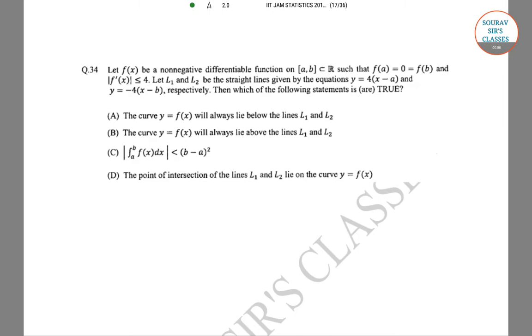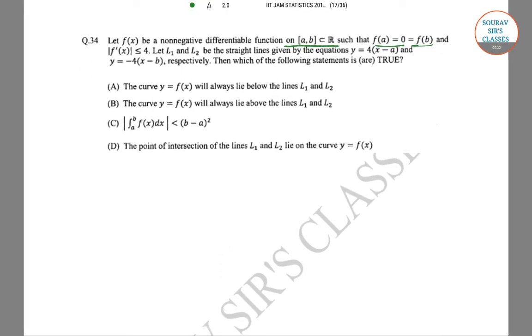Today the problem that we want to solve is: let f(x) be a non-negative differentiable function on [a, b], closed in R, such that f(a) = 0 and f(b) = 0 and |f'(x)| is less than or equal to 4. L1 and L2 are the straight lines given by y = 4(x - a) and y = -4(x - b). Then we have to see if y lies above the lines L1 and L2 and below the